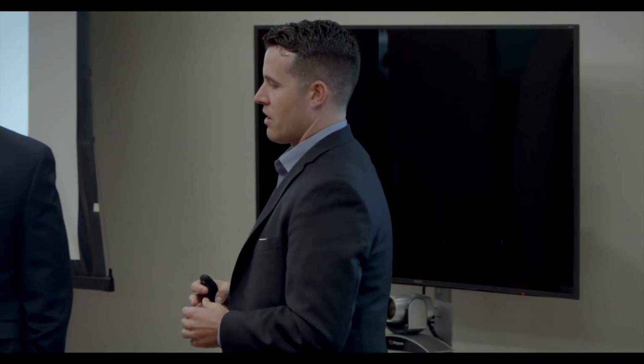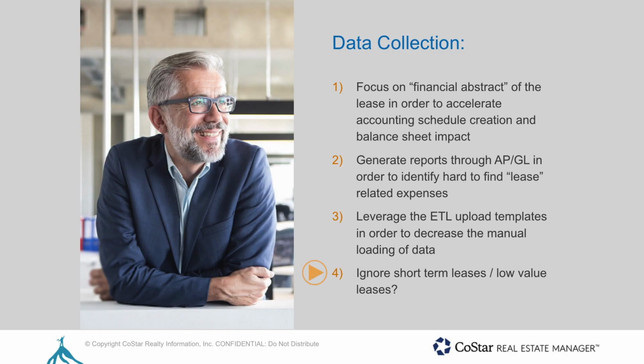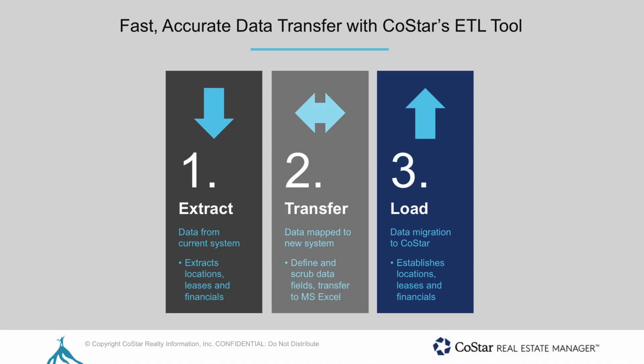And then I have another one around ignoring short-term leases. This falls largely into a disclosure discussion around how you're going to source some of the information for disclosure reporting. There are some call-outs for short-term leases and reporting exceptions, sublease income, a few items like that, that are going to be required as part of the new quantitative disclosure, but some clients are making the decision to not go through the effort upfront to load those. So identification through a GL account on the balance sheet, being able to extract that via a separate report and consolidate it in the financial statements, cuts down some of the time on the front end to source that information, populate it in CoStar, and then go through the effort to tie that out.